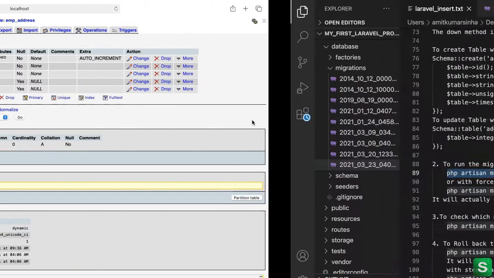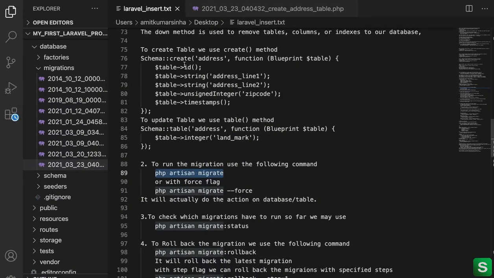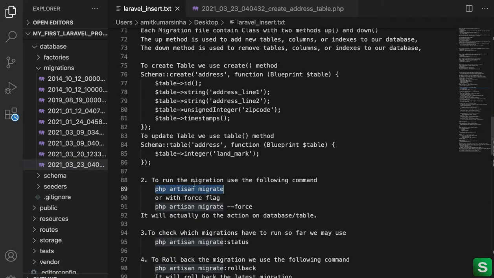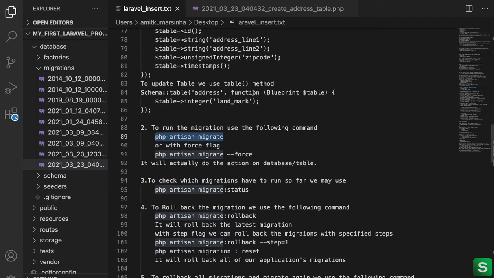So now, this is the way to create a table. Okay, and a few commands you should know to update the table. Means we want to add something like landmark or zip code, so how can we do it, right?